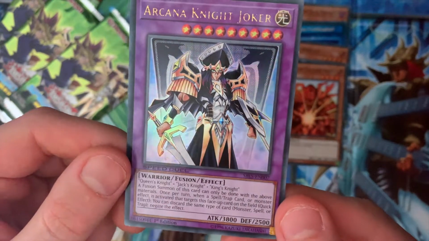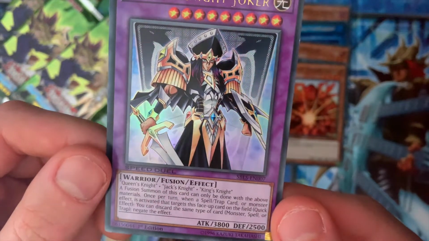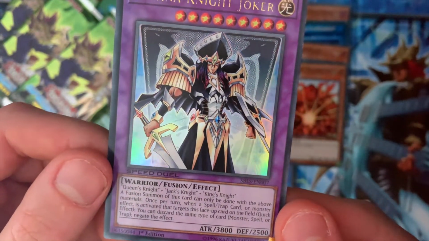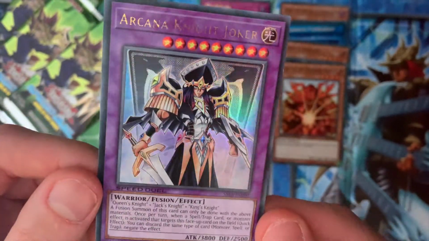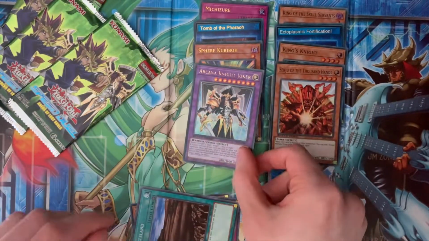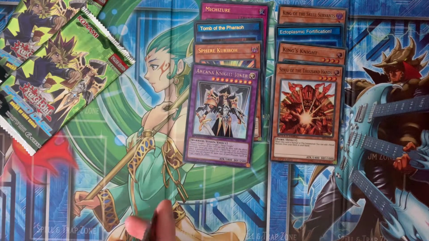Arcana Knight Joker. A future summon of this card can only be done with the above materials. Once per turn, when a spell, trap card, or monster effect is activated that targets this face-up card on the field, you can discard the same type of card and negate the effect. Very, very cool card. So there is a skill card in this set for Yugi that does help bring out the Arcana Knight Joker. I can't remember the exact...